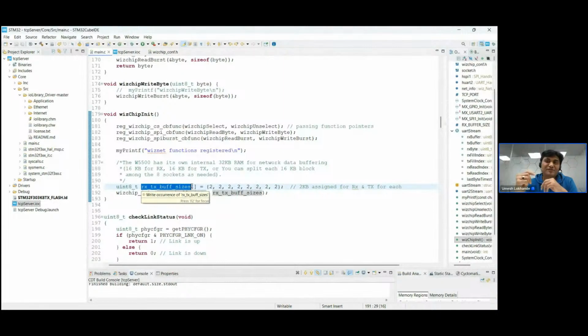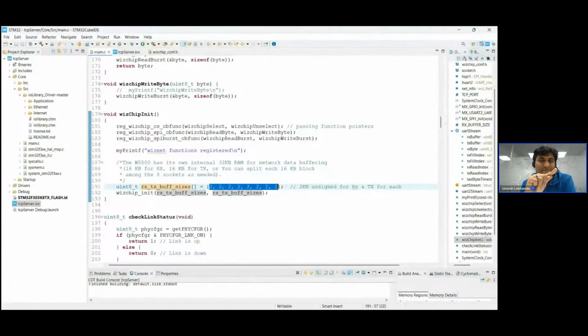Now, this W5500 supports multiple sockets. We are just creating one socket on this chip, but at the same time you can create multiple sockets. You can create 8 sockets. So you see this number 2, 2, 2, so these are 8 times 2, right? And this is for the TX and RX. This is very complex, you have to understand the mathematics, but this means that out of the 16 kilobytes of memory, if you multiply 8, because there are 8 sockets, so 8 sockets multiplied by 2 kilobytes of memory,